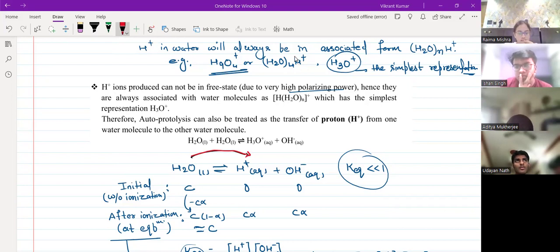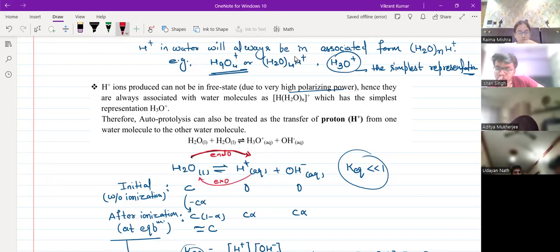अभी याद करो, एक तो पहली बात तो इन्फॉर्मेशन पता रहे तो बहुत अच्छी बात है, बट इफ यू रिमेंबर, जिनको याद नहीं है वापस जाके रिवाइज करोगे, इंथैल्पी ऑफ न्यूट्रलाइजेशन हम लोगों ने पढ़ा था ना, एंड enthalpy of neutralization में we are having the reaction H plus plus OH minus giving H2O, और उसका डेल्टा H minus 13.7 kcal लिख देते हैं ना, और minus 57.3 किलो जूल। If H plus plus OH minus giving water is having negative delta H, तो H2O giving H plus plus OH minus will be having positive delta H, same value है ना। So that's why we are writing that forward is endo and backward is exo.